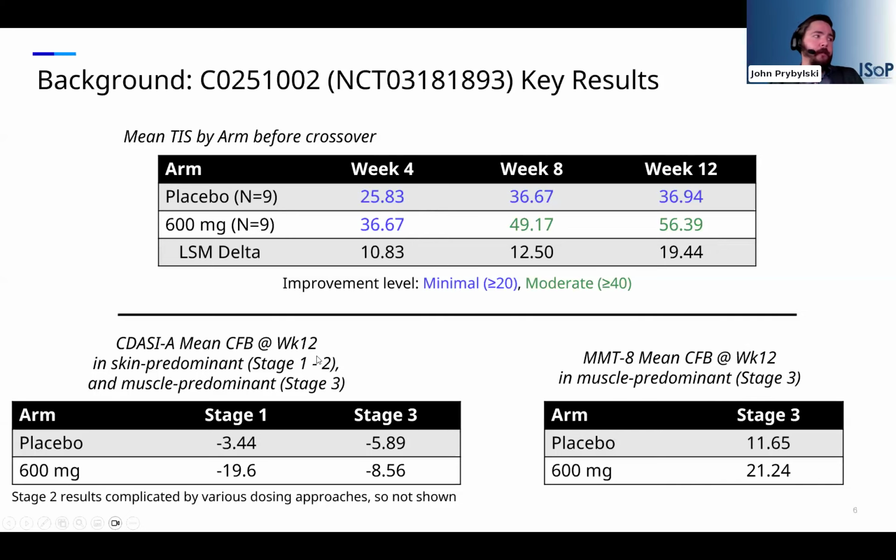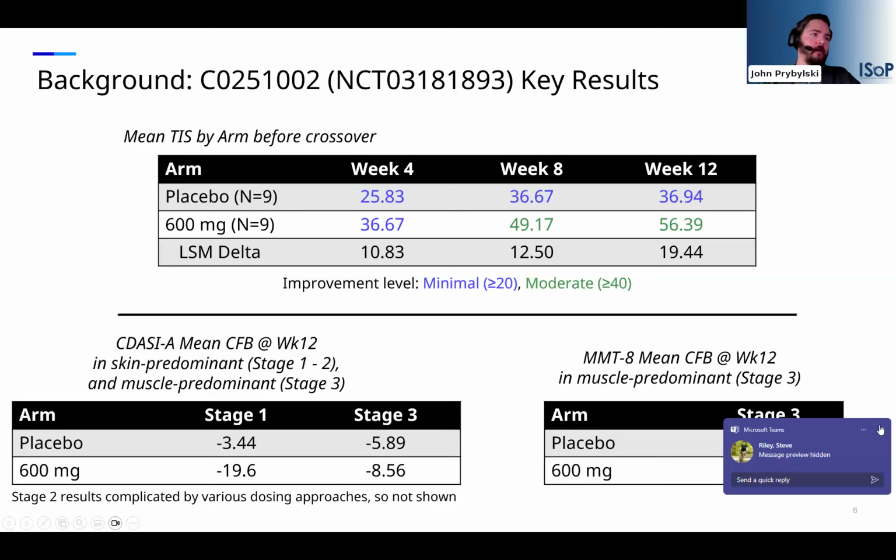For CDASI, the data was very similar for stages 1 and 2, but I'm just showing stage 1 because it's a little cleaner because we didn't have multiple amended versions. But we had stage 1 subjects who were skin predominant. We did see a huge reduction from our drug compared to placebo, which we were very optimistic about. That's what led to the rest of the trial. And then for stage 3,